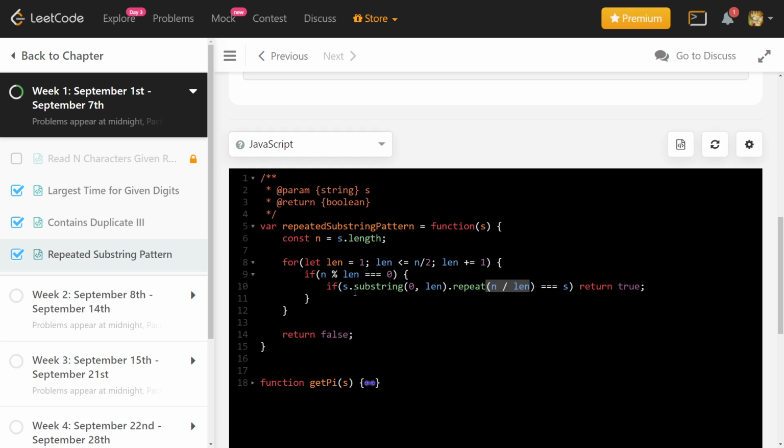Alright, so this complexity will actually be, so we are iterating over all possible lengths till n by 2, so this is order n. Then we are actually looking at a substring. So this depends on the language, like how substring works, but then we are repeating it. So this is also of order n, like kind of, not really, but this is more than constant.